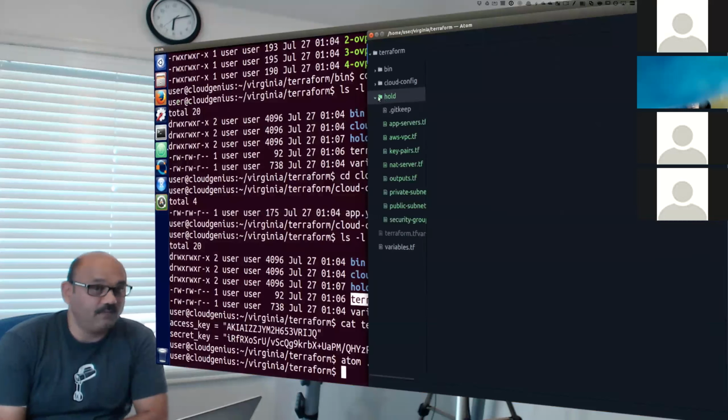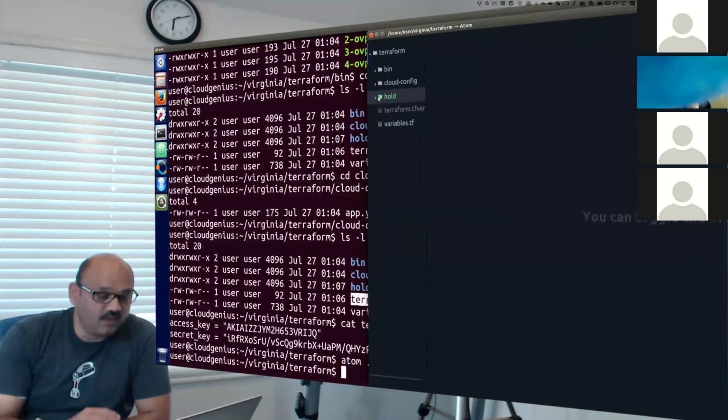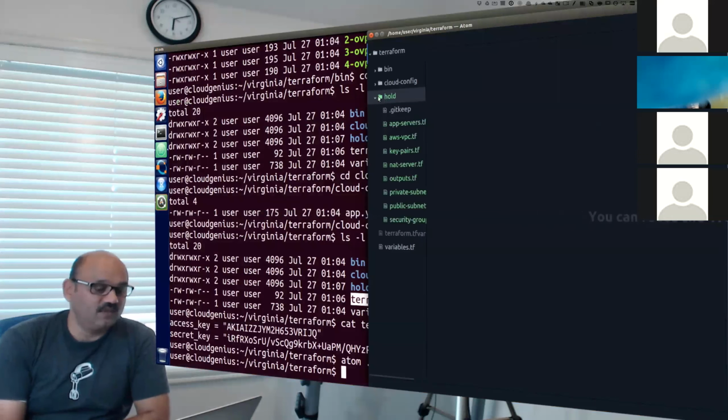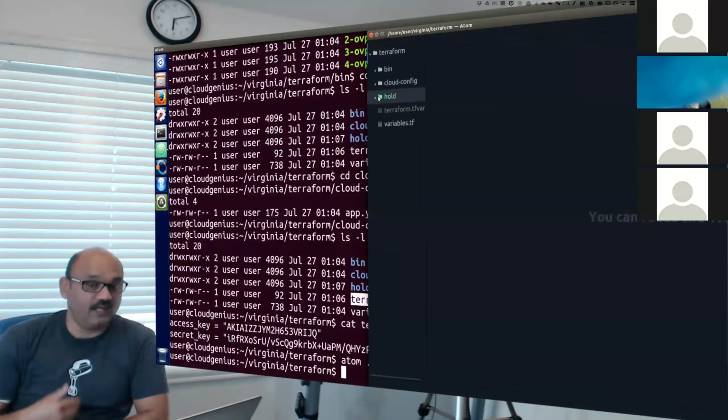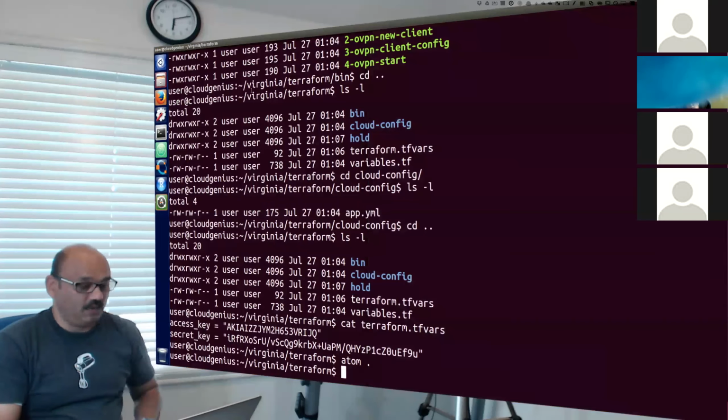That is where I'm hiding them away from our execution so that when we run Terraform, it should not see anything in the hold folder. And so it will simulate as if these files do not exist. And then we'll study one file at a time, bring them in the main folder, and then play. To play that we will actually understand what is going on.